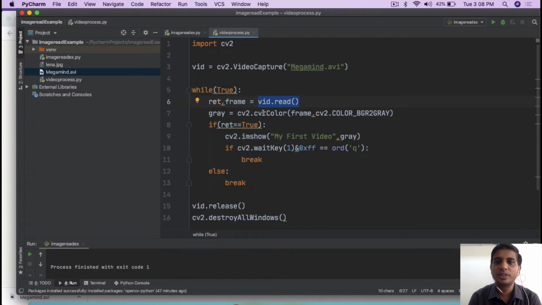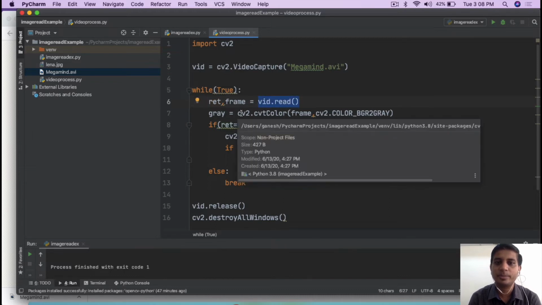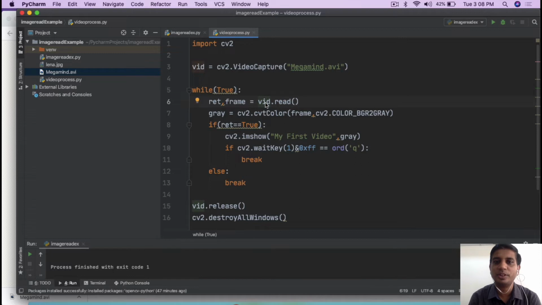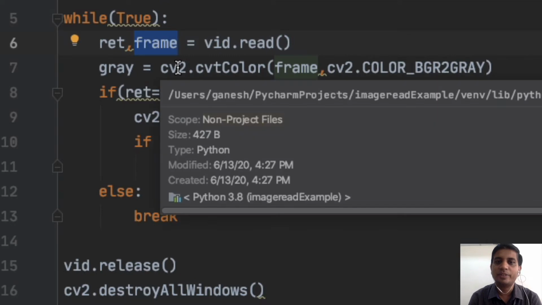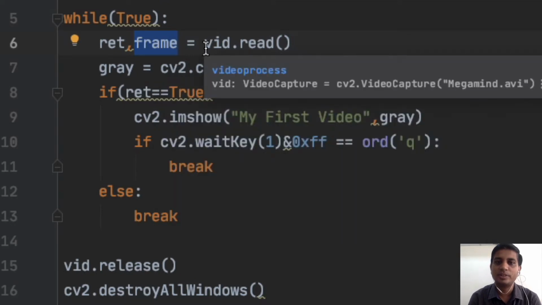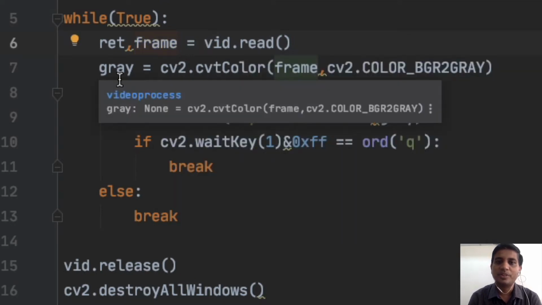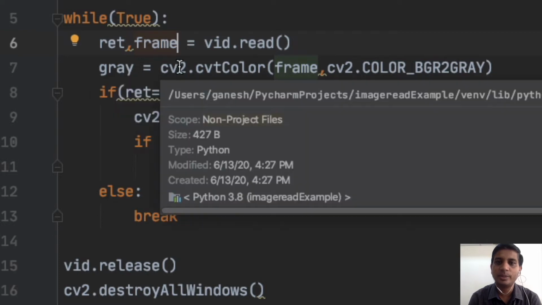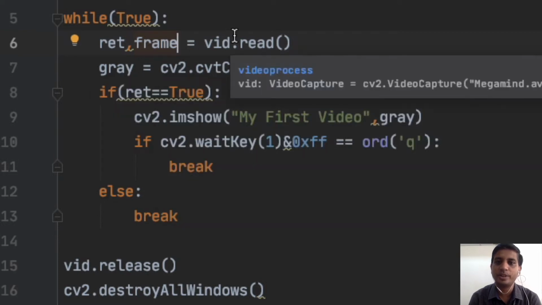If the read function fails to read a frame, because there is no frame left in the video, then ret becomes false, and if a valid frame is present, then ret becomes true. The frame contains the actual frame that you are reading from the video. How many frames you get in one second depends on the fps rate, frames per second.